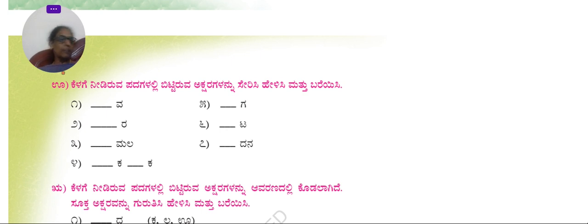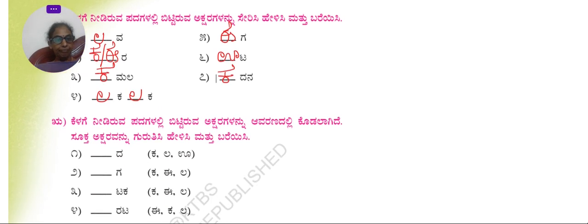So you have to fill in the blanks, looking at the words which you have learned. So this is lava. This can be kara or ira. Kara means hand. Ira means something which is wet or damp. Then kamala. Kamala is flower, lotus. Then laka laka is an expression of saying that something is shining. Iga means now. Then uta is meals. Kadana means war.